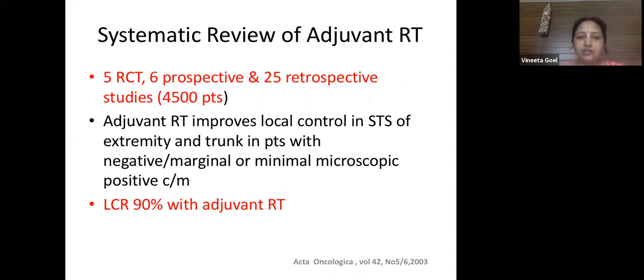Now, apart from these randomized trials, there is also a systematic review which has looked at all the studies of adjuvant radiation therapy in soft tissue sarcoma, which included 5 randomized trials, 6 prospective and 25 retrospective studies, overall including 4,500 patients, a large number of patients. This systematic review also showed that adjuvant radiation therapy improved local control in soft tissue sarcomas of extremity and trunk, even in patients with negative margin or minimal microscopic positive cut margin. And generally, the overall local control rate with addition of radiation therapy was around 90%. Going further,